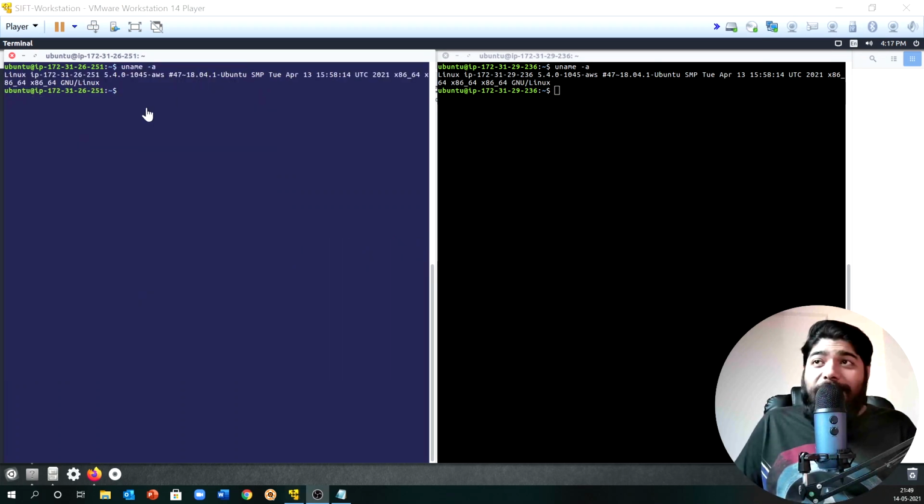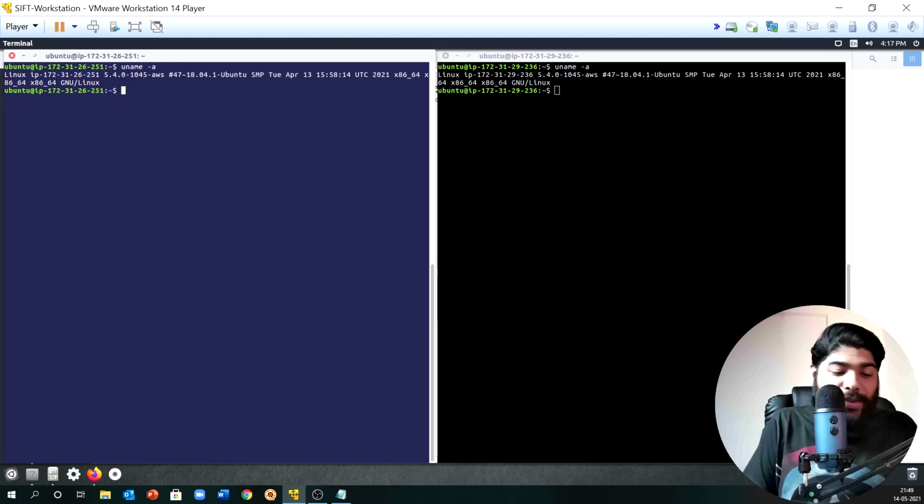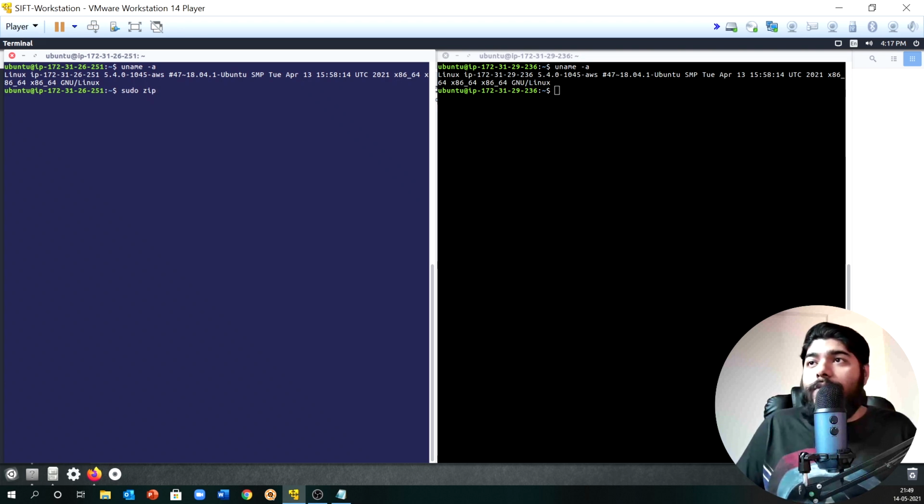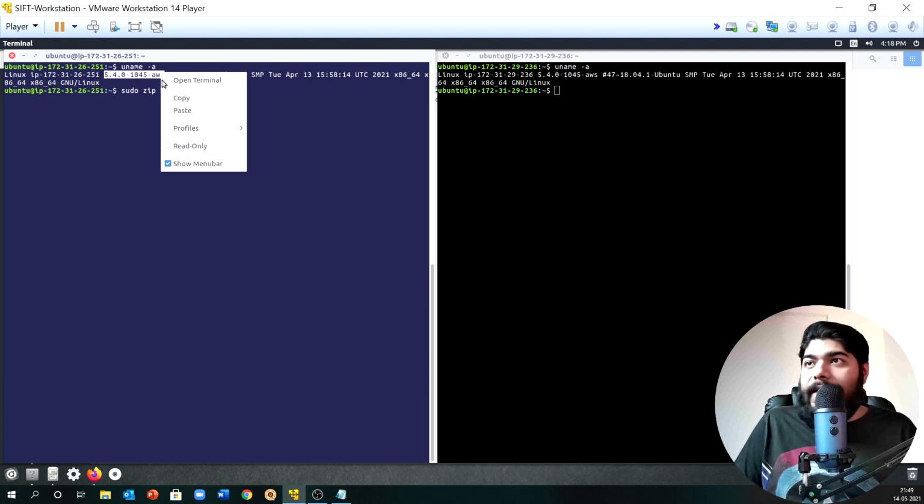So now we just need to do a zip with the kernel version that we have in this forensic workstation, with the kernel module. Remember this command: we just need to do a sudo zip, and I'm going to write Ubuntu, because by this name I can easily identify the actual profile name that I'm going to use inside Volatility.